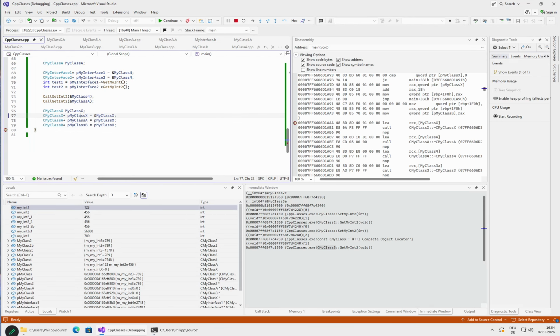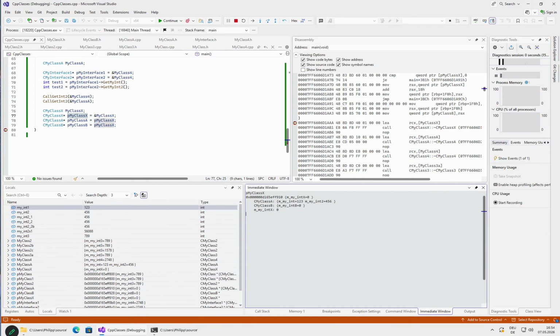So here we see this is our address where our class lives, and A is the same address. So those two pointers have the same memory. Of course, the semantics is different because it's a different type. But if we take a look at pointer B, we see that pointer B has some offset and points somewhere